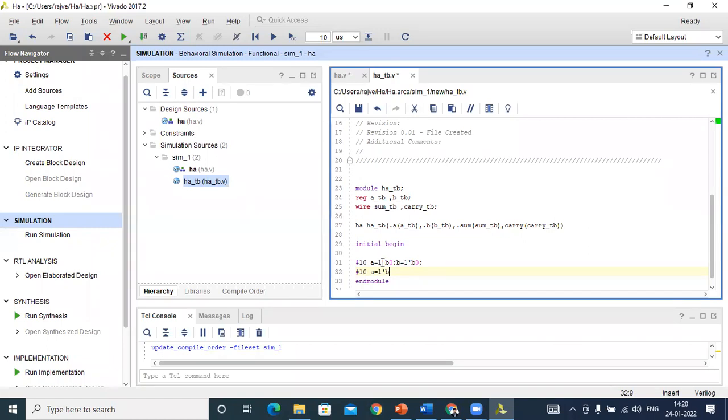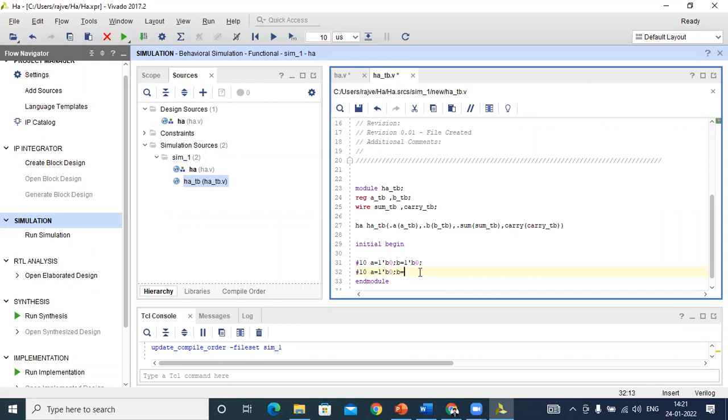You understand? Suppose we write 2, it means we put a 2 value here, but that's why we apply only 1 value. So we write 1 here. Firstly we apply 0, 0. Then after that 0, 1.